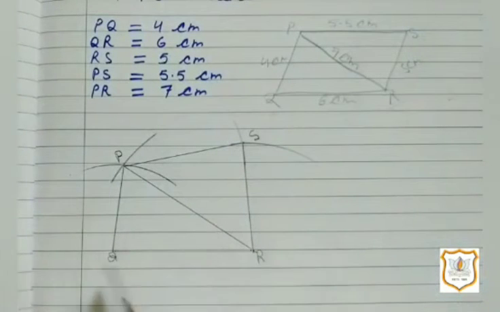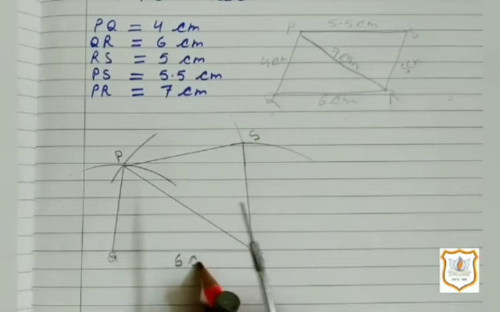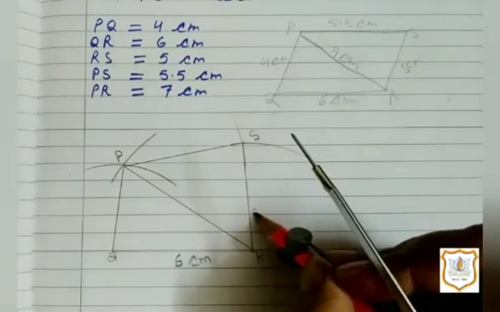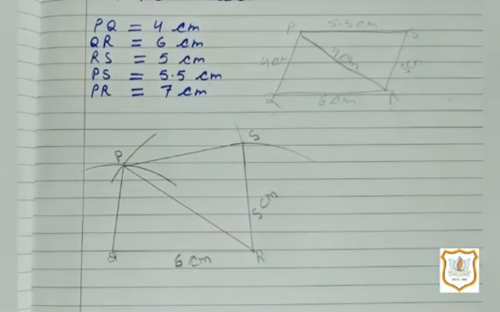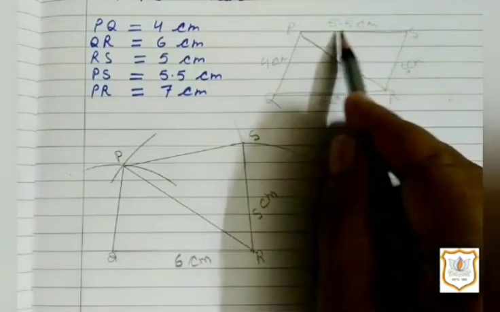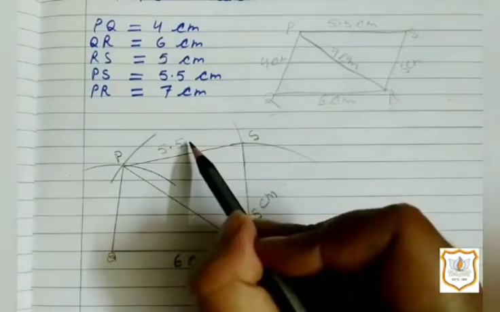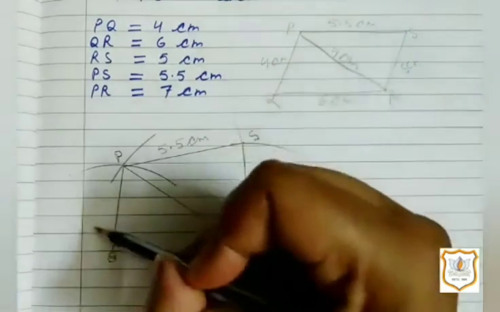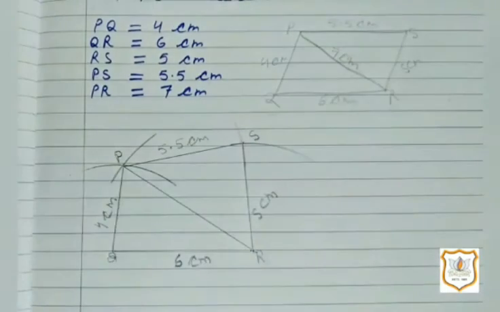Now mark the measurements. QR is 6 centimeter. So we write 6 centimeter here. RS is 5 centimeter. So we write 5 centimeter here. And PS is 5.5 centimeter. So we write 5.5 centimeter here. And PQ is 4 centimeter. So we write 4 centimeter. Clear students? This is the required quadrilateral